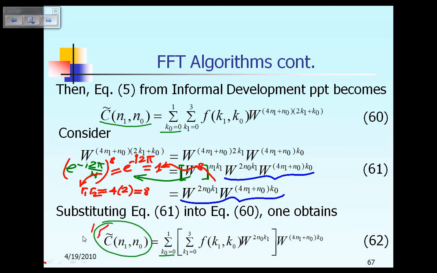And then you have also summation on k1 going from 0 to 3. That term is right here in equation 62. Then you have f of k1 comma k0. That term is here. And then finally the term w raised to the power over there is right here as shown in equation 62. So this is what you have. Now you can see very clearly